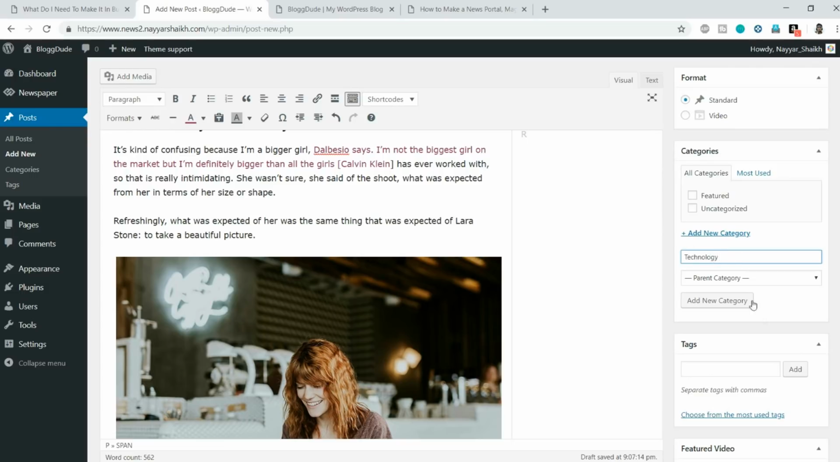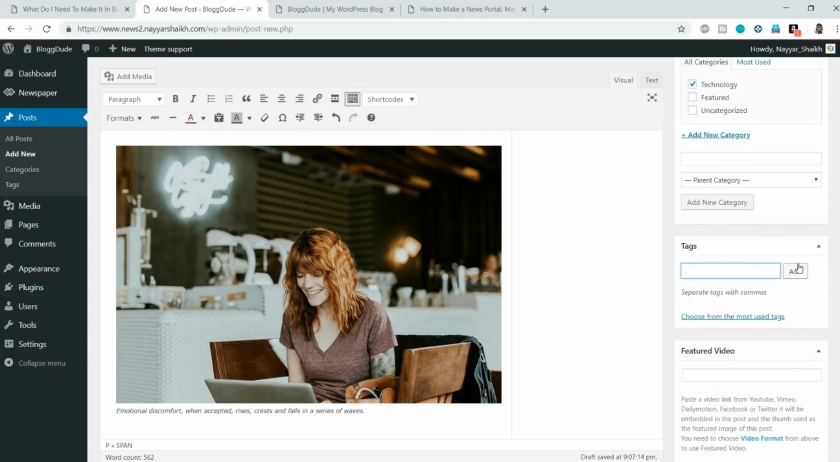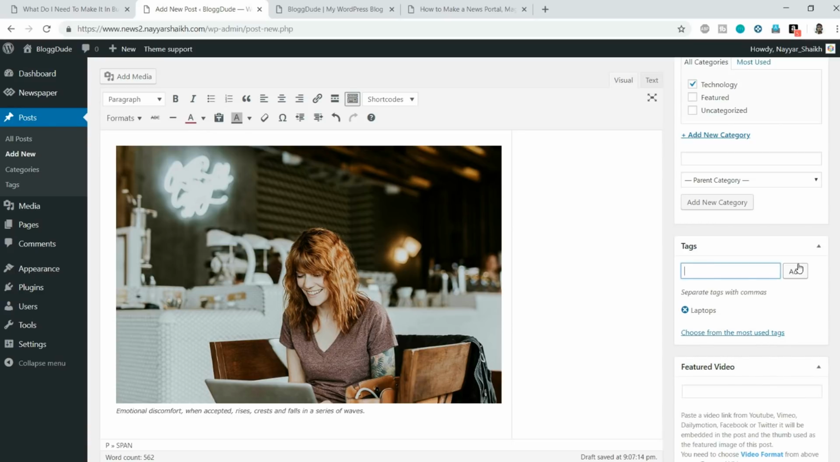So this is related to technology, suppose. So you can type in technology, click on add new category, and as you can see, that is now selected. You can add some tags to this. For example, in this post, maybe we were talking about laptops. So we can type laptops as a tag, and maybe we were talking about AI, so we can add AI